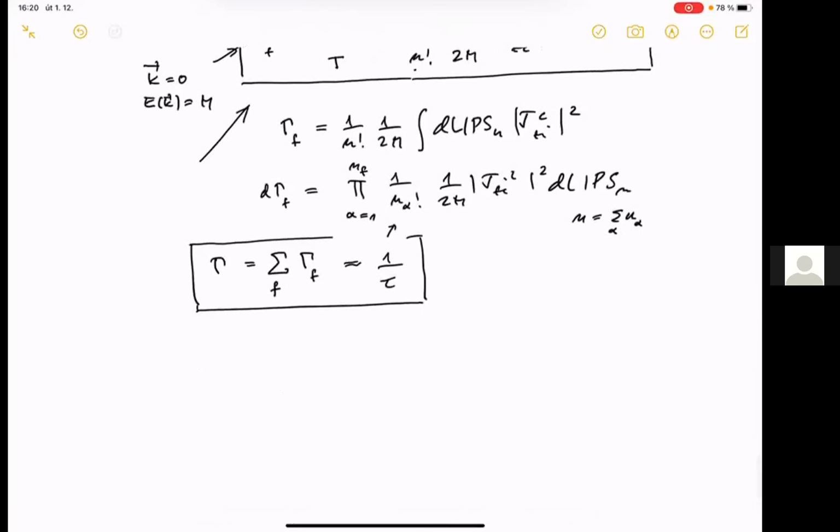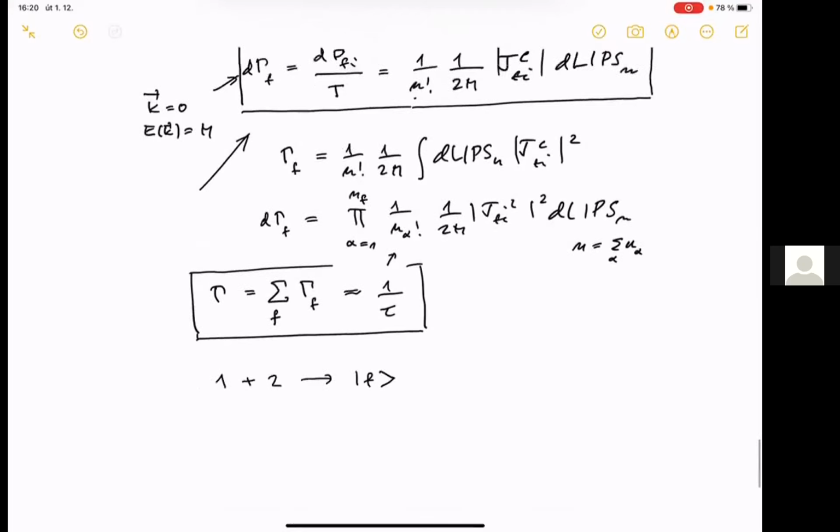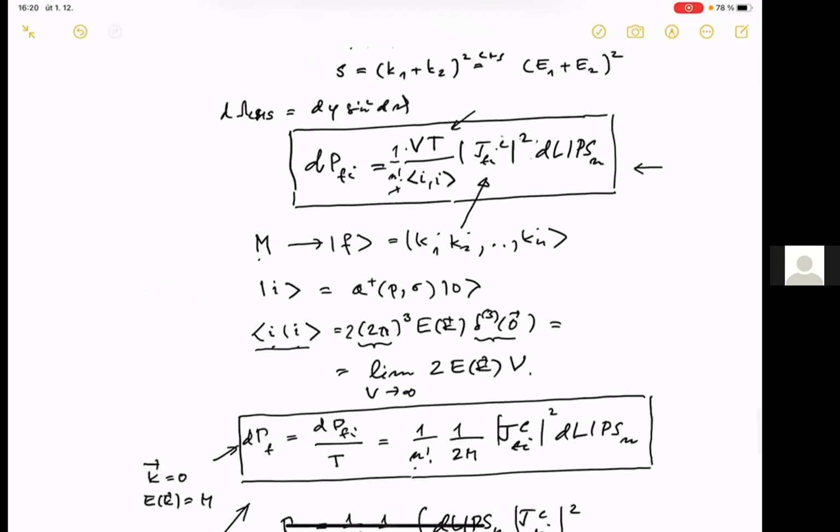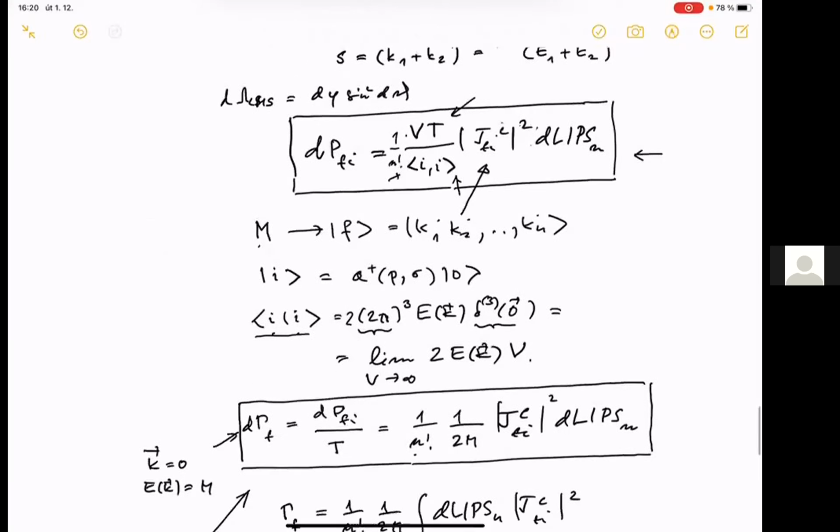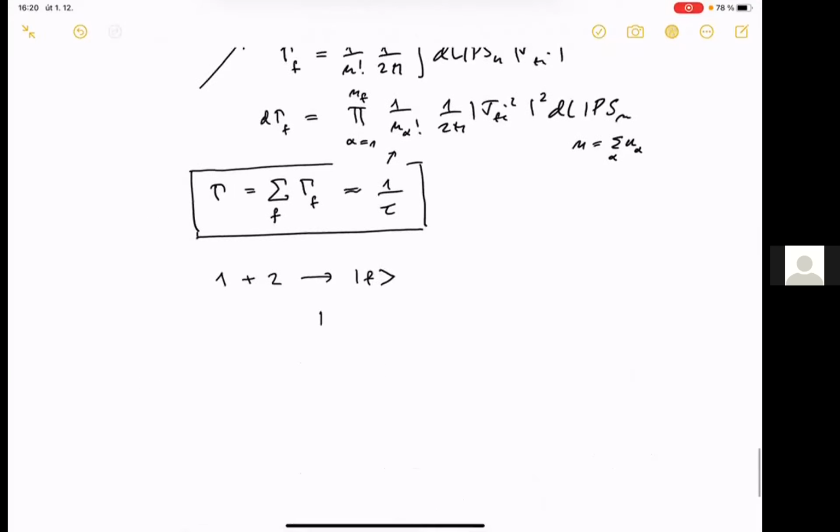And what about processes where two particles collide? So we have particle 1, particle 2, and these particles collide and produce in the final state some multi-particle state F. In such a case, we again start with our master formula, and we have, in this case, to calculate the norm of the initial state. The initial state now is the state corresponding to two particles, p1 and p2. And so the norm